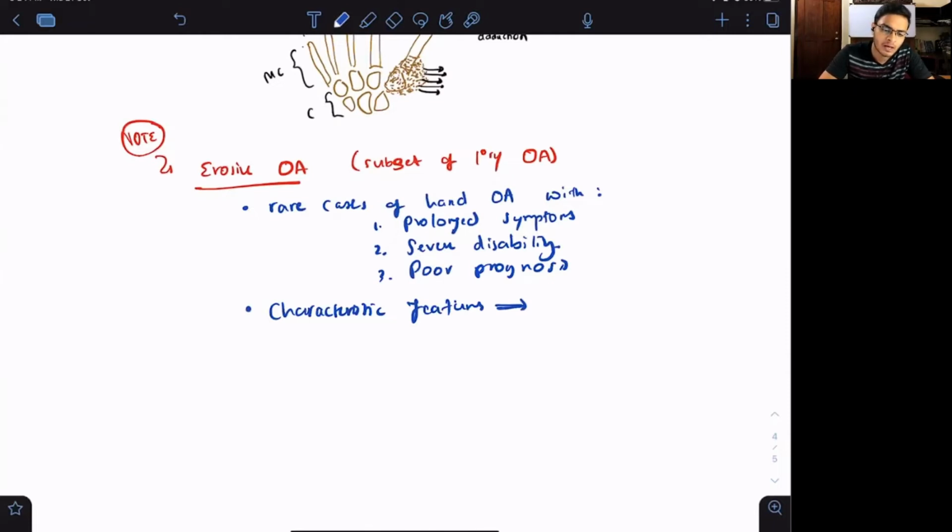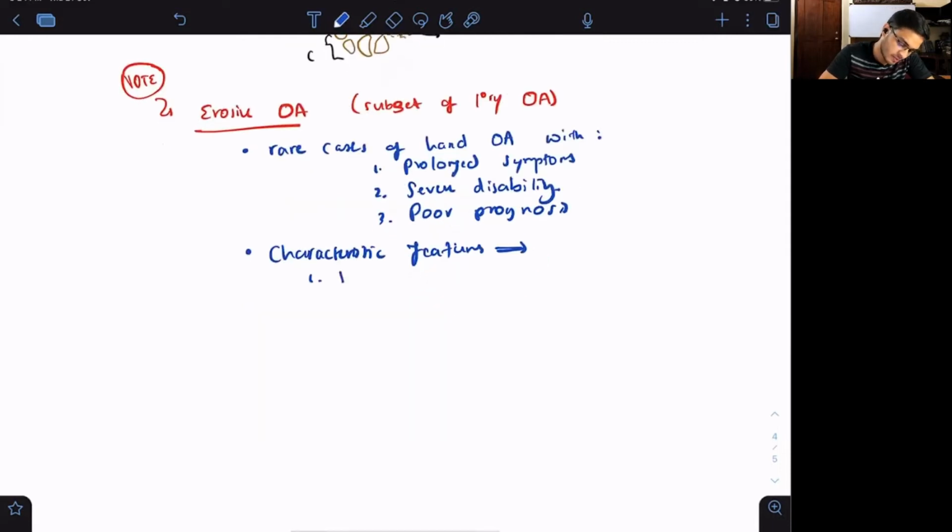Characteristic features: the first one, proximal interphalangeal joints are more affected than distal interphalangeal joints. This was the opposite in nodal osteoarthritis. Next one, there is subchondral erosion